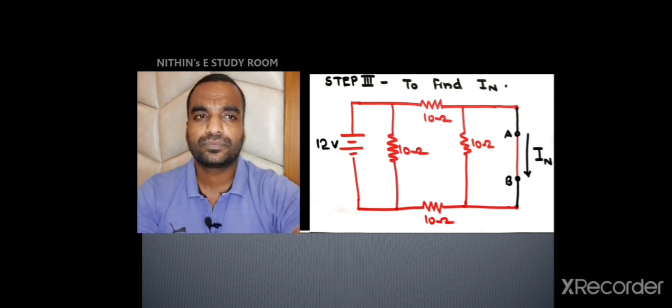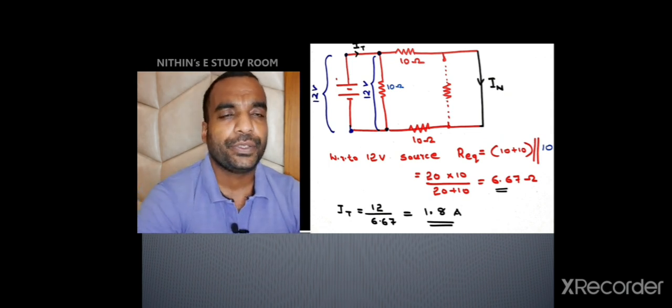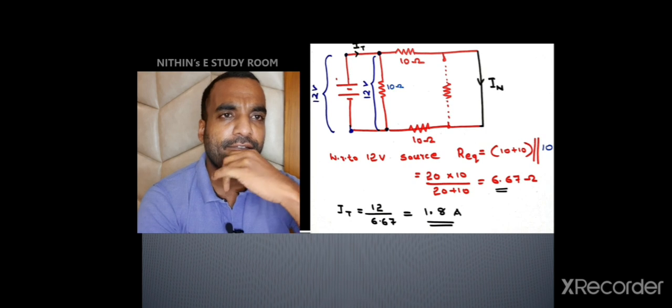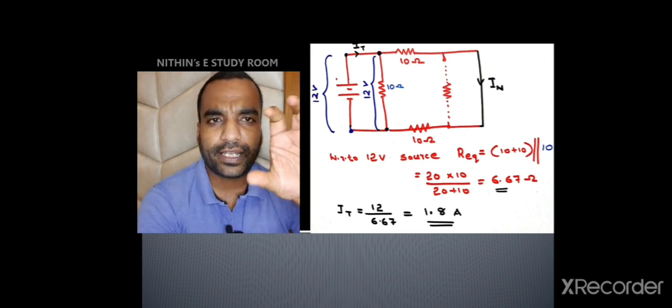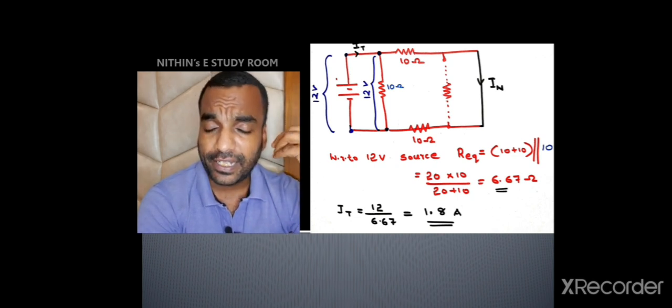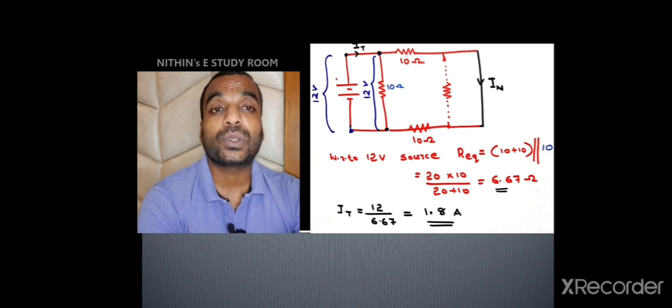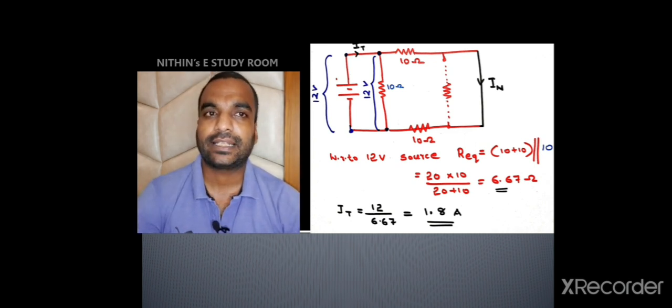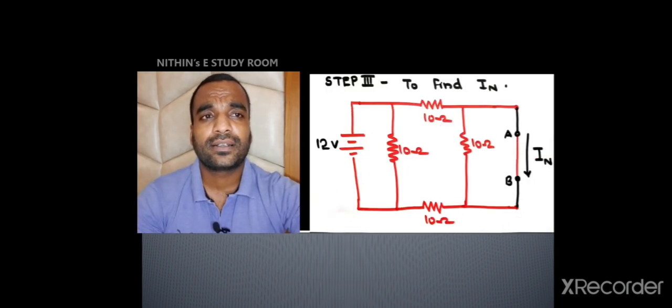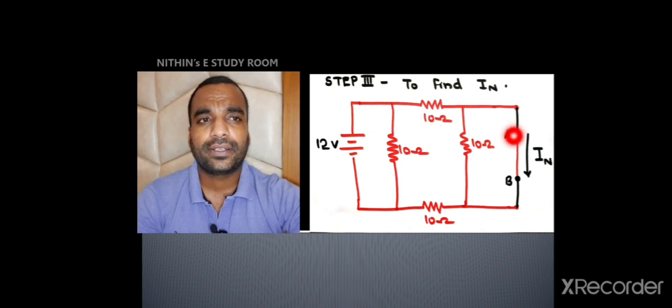Now you can see this is the 12 volt supply, and this supply will give some total current IT, and that total current IT will depend on all the resistances. So the total current IT will depend on the equivalent resistance of the circuit, because the IT is going to be delivered to all the resistances. And one important thing here, as we are short circuiting this branch